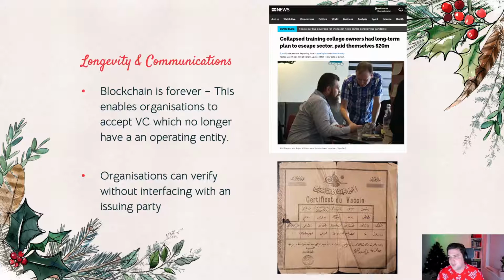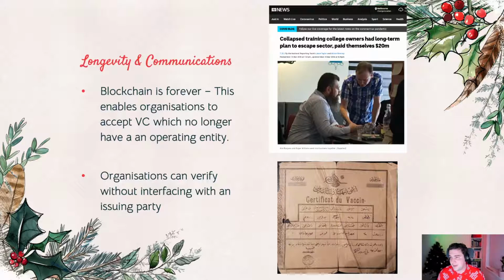Now think about that student when they try and present their degree to a prospective employer. The prospective employer is doing their due diligence and would really love to validate that degree and say, hey, did they actually go to school? But they go look up the university and they can't find it. It's gone. Maybe they can find this news article saying they've gone bankrupt, but what if they don't?